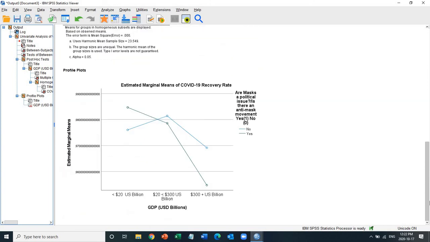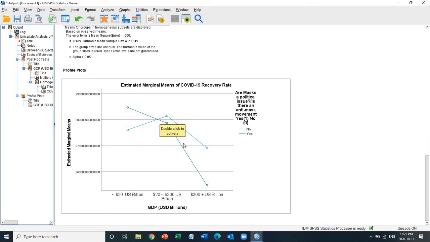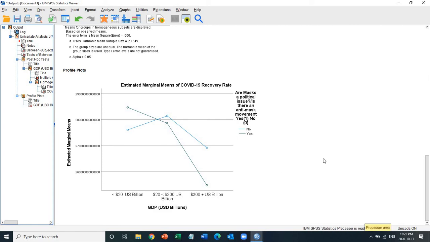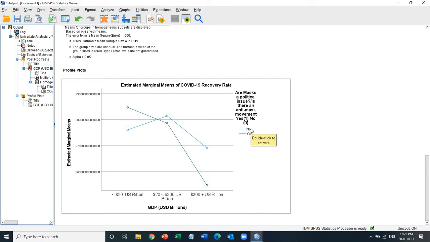Okay, and this is a very interesting chart. This is the chart I wanted to show. So again, as I said, statistically it's not significant, but there seem to be some interesting patterns. The first line is no, and the y-axis is the recovery rate. Okay, recovery rate on the y-axis, and when you notice, when the issue is political, the yes,